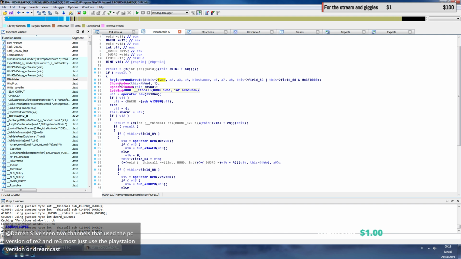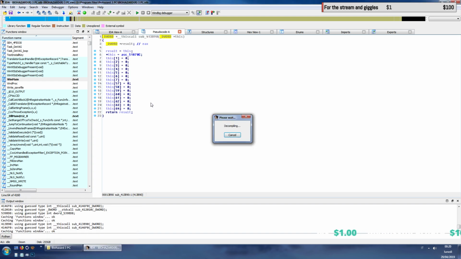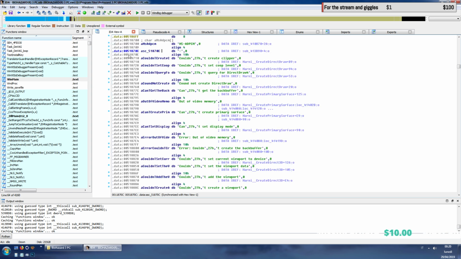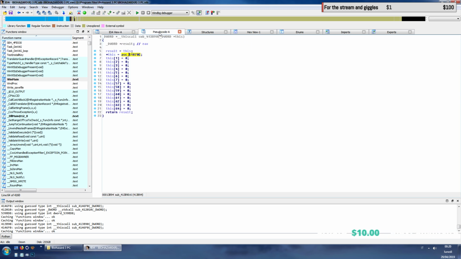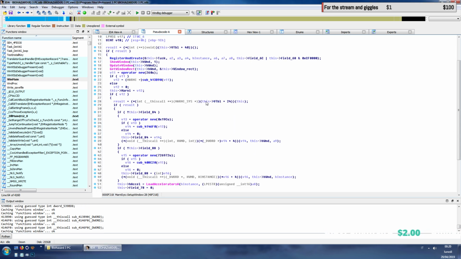So then we have show window, update window, and get window rect. These are just used to show the window and place it wherever it has to be. Then there's this stuff here. This is actually an allocation, and this allocates 260 bytes that get used for more stuff. This is actually another initializer, I think, though a bit weird. Not even sure what this does. Then there's more stuff,